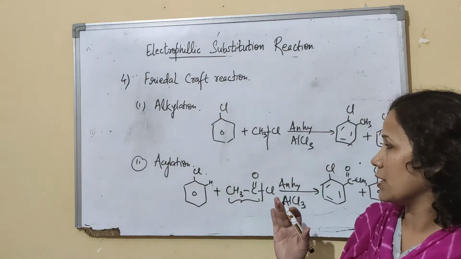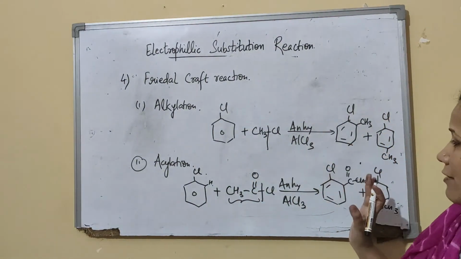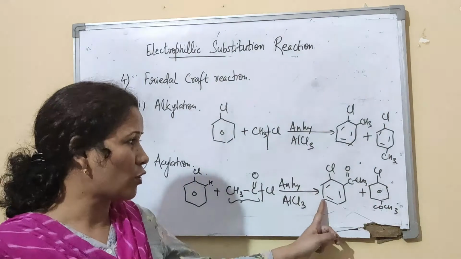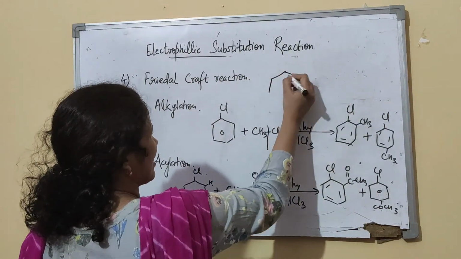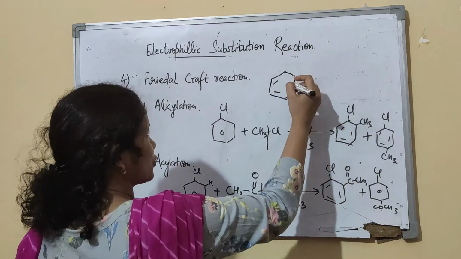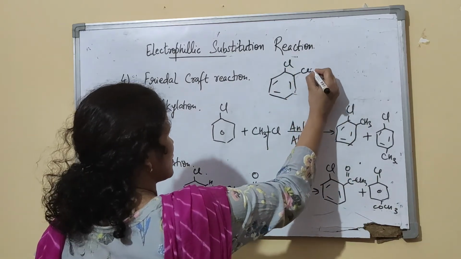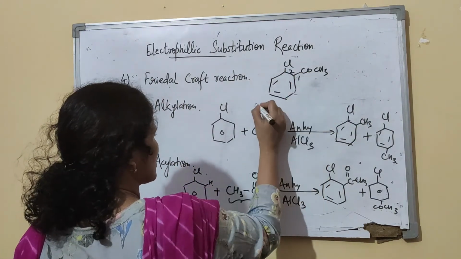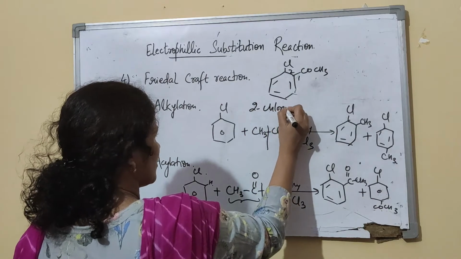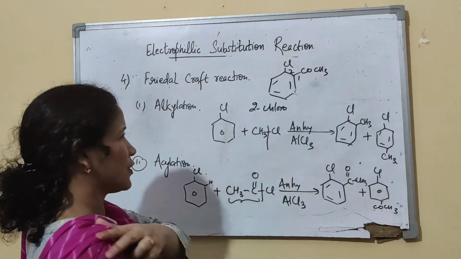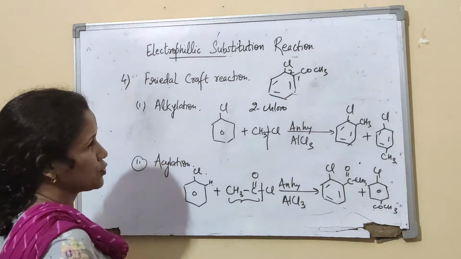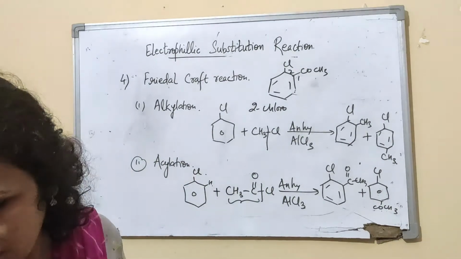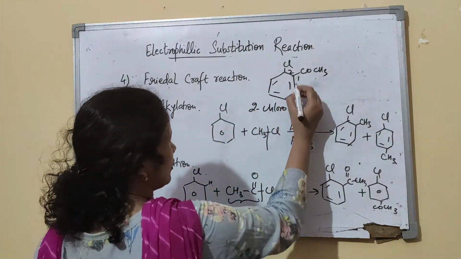Now what is very important is that both of these have a definite mechanism. Now what is the name for this? That name is very important. So we will just talk of this name first. I'll write it here so that it becomes very much visible to you. Cl CO CH3. Now see, this is acetophenone. So numbering would be 1, 2. So it is 2-chloro. This is the aceto group and this is phenone. So this becomes 2-chloroacetophenone.